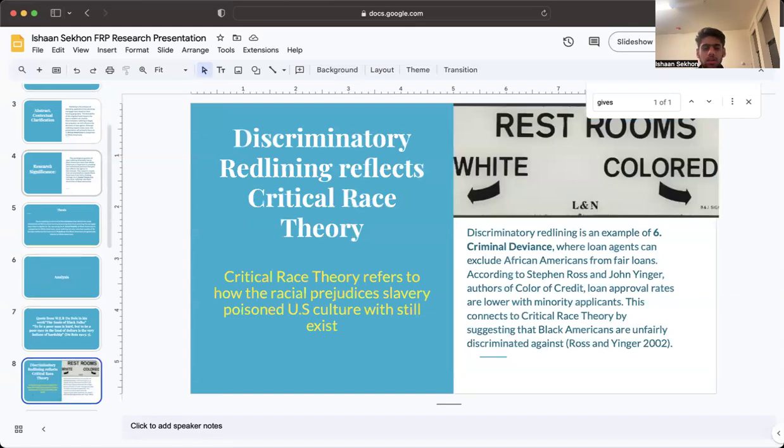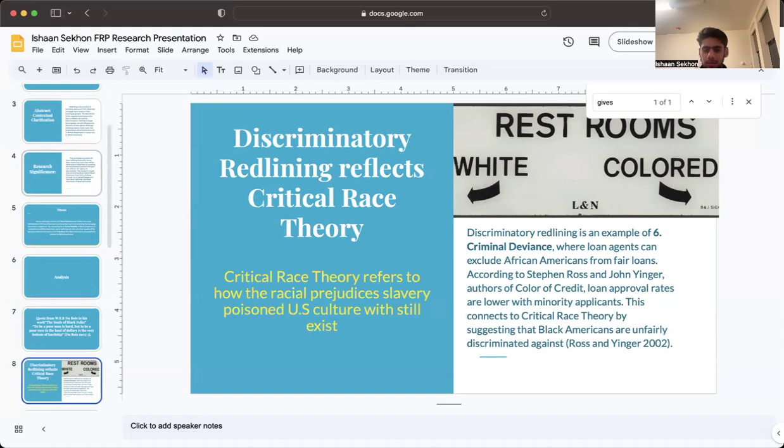I also believe that discriminatory redlining reflects critical race theory. To clarify and recap, critical race theory refers to how the racial prejudices from slavery poison U.S. culture, and that basically means that although slavery is abolished, these racial prejudices have carried on into U.S. institutions and U.S. societies. So, discriminatory redlining is an example of criminal deviance where loan agents can exclude African Americans